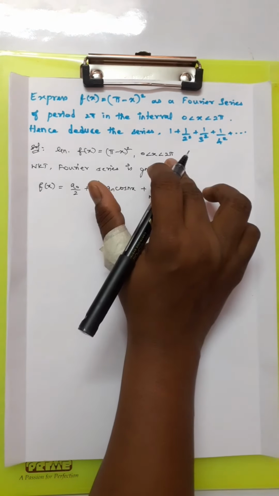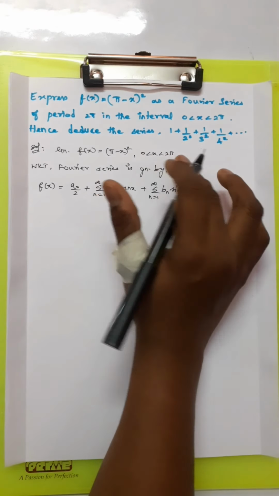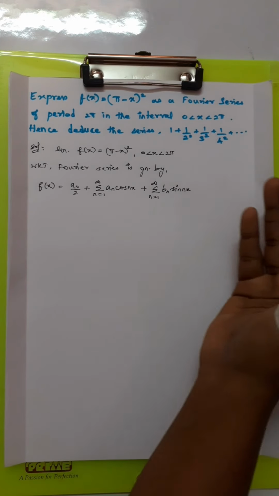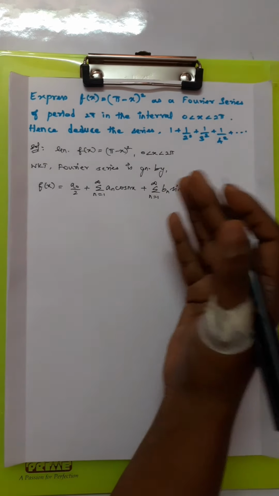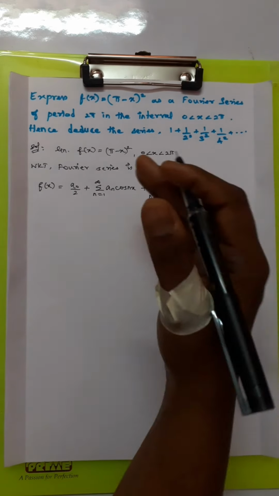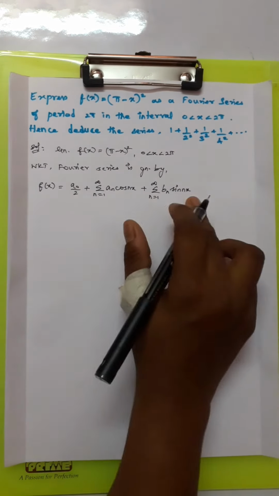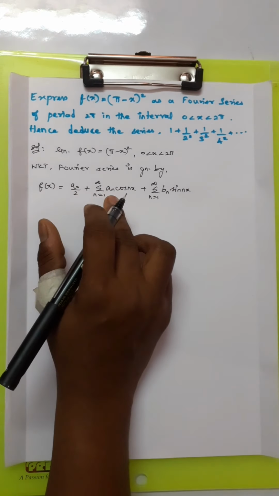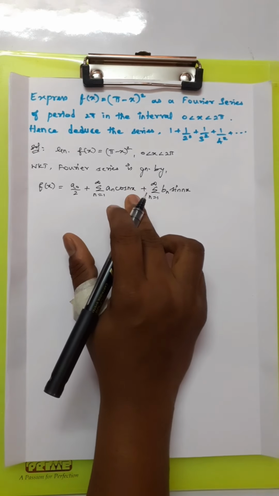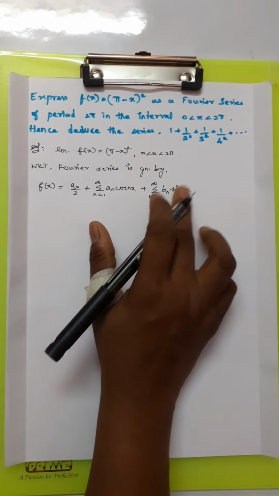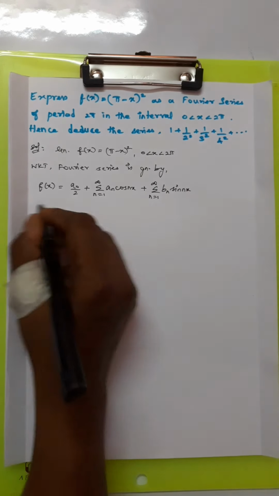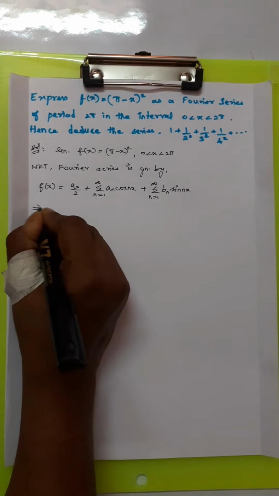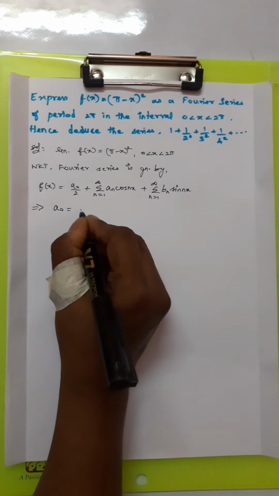Whereas instead of pi, if the limit is given in terms of L, that may take some values 0 to 1 or 0 to 2 or 1 to 2, any values minus 1 to 1, minus 2 to 2, any numerical values, then the formula to find Fourier series becomes a naught by 2 plus summation an cos n pi x by L plus summation bn sin n pi x by L. Right. Now the Fourier coefficients a naught, an and bn are given by, implies a naught is equal to 1